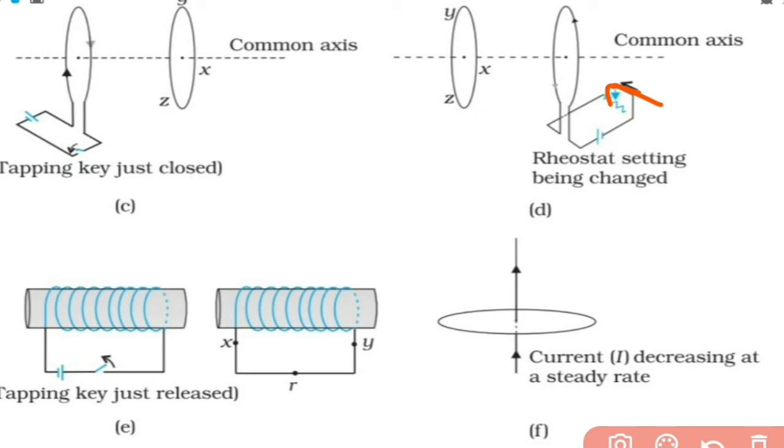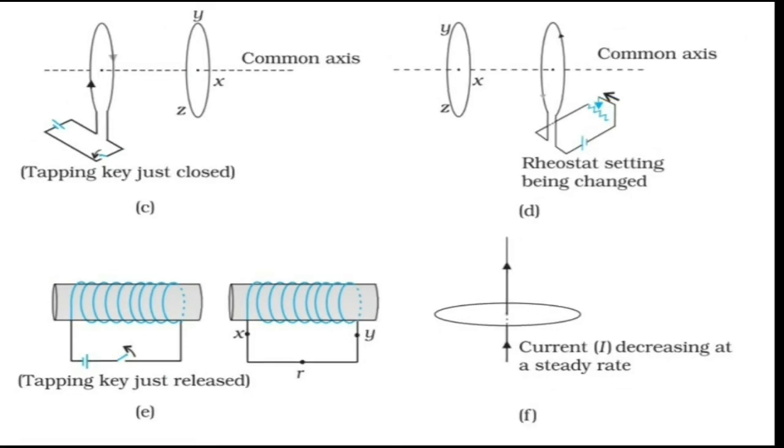So in the second coil, which is kept on the left side of the first loop, the induced current should flow in such a way that it opposes that increase in magnetic field. Towards left direction, the magnetic field is increasing. So induced current should produce a magnetic field in the opposite direction. That means it should produce a field in the rightward direction. So for the magnetic field to be in the rightward direction, the current should be flowing in YXZ direction or ZYX direction. So the direction of current in that loop is ZYX.